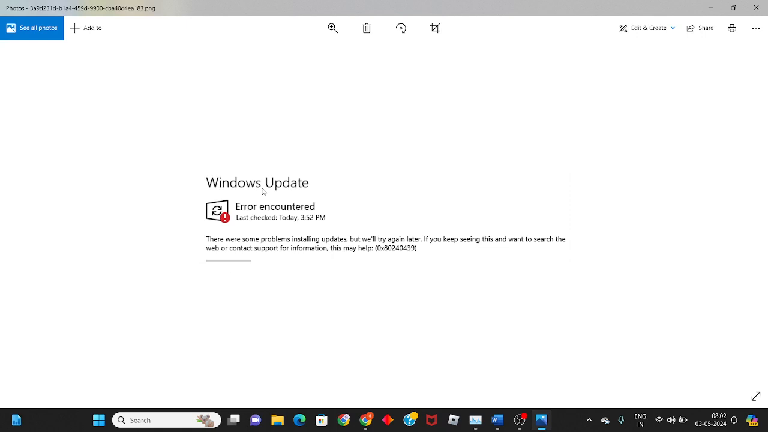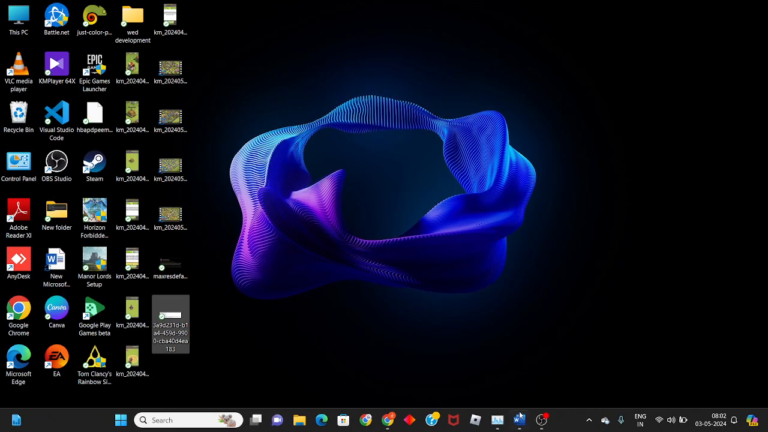How to fix the Windows update error that is showing. Then follow it step by step to solve this problem. Okay, then go to the first step for